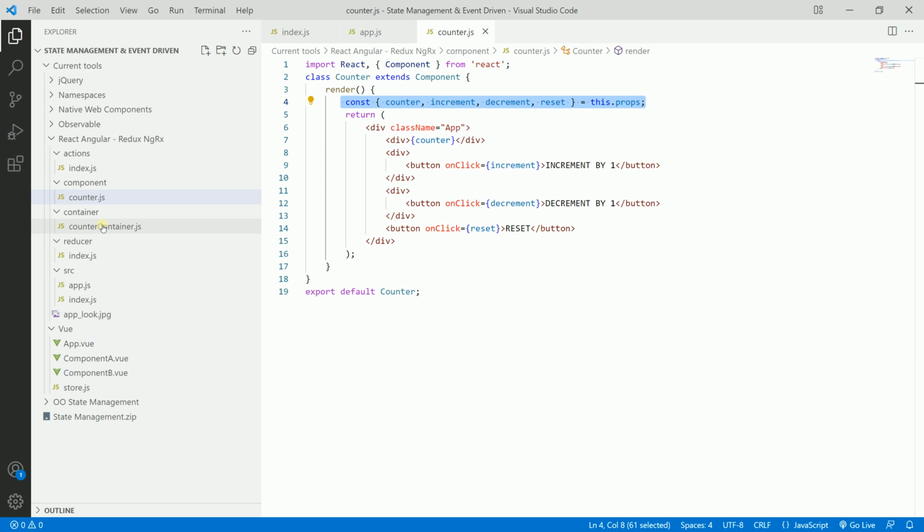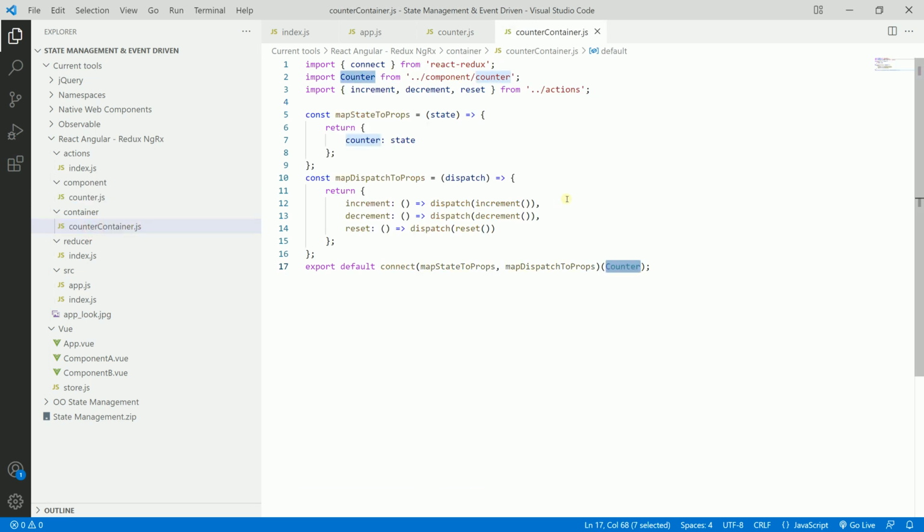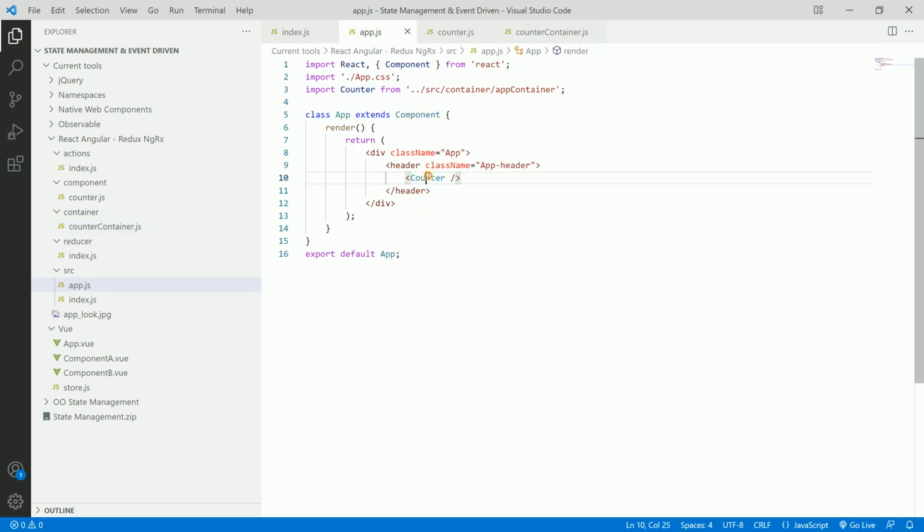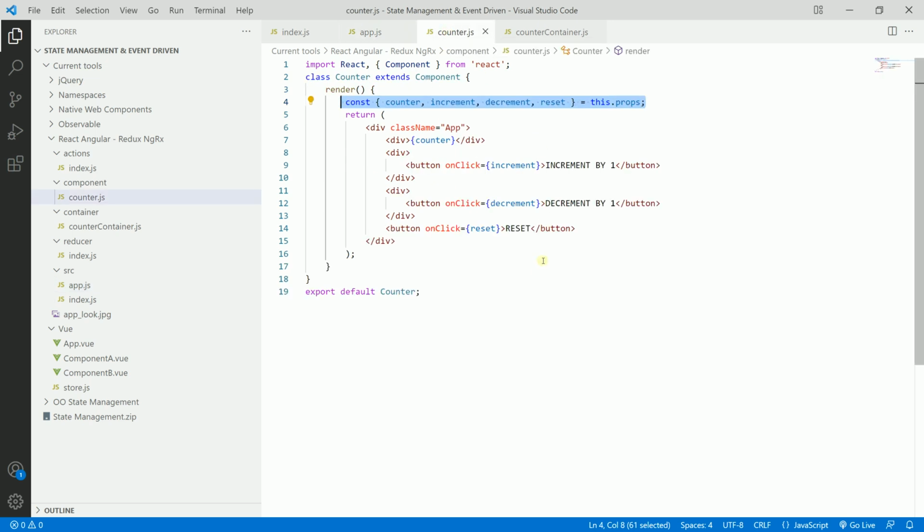Well, you have to wrap it with a counter container. And if you see this counter container on the app, what we're bringing here, we're bringing the counter from the, what is this app contain? Oh, this code is wrong. Oh, never mind. Scratch that. Anyways,